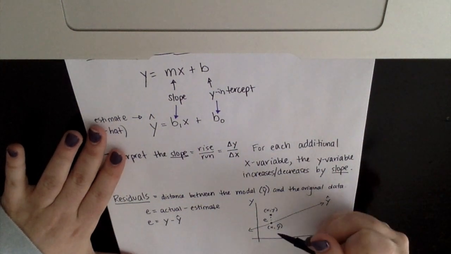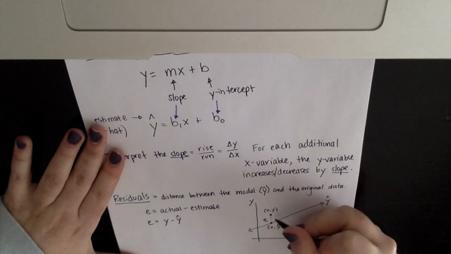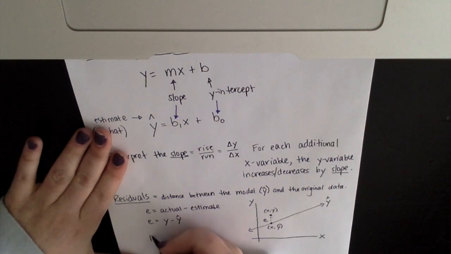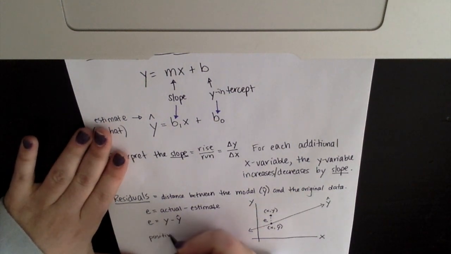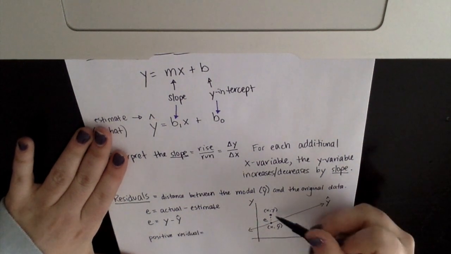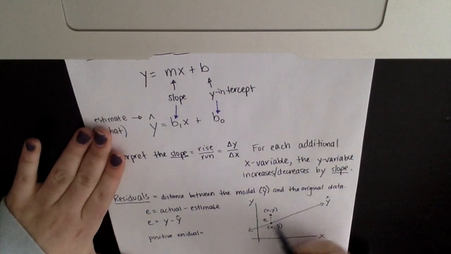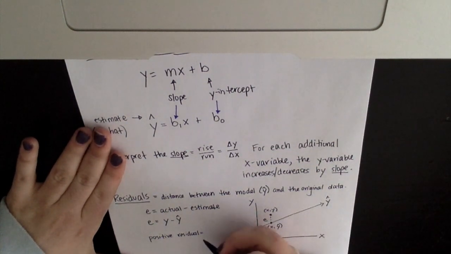And if you do that in this scenario, this is a large number minus a smaller number. The value I end up with is a positive residual. And look at what that does. This point is above the line. And if this is my estimate, then this is considered to be an